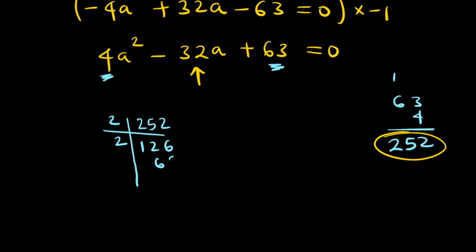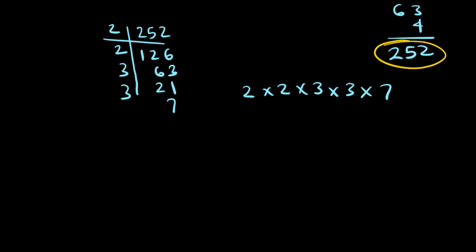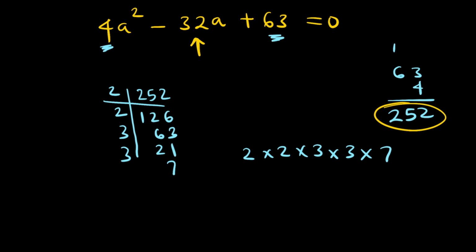2 again, this is 6, 3. I have 3, this is 21. 3 again, and this is 7. So I have 2 times 2 times 3 times 3 times 7. Listing out the factors like this will help me see easily if this is still factorizable, because now I